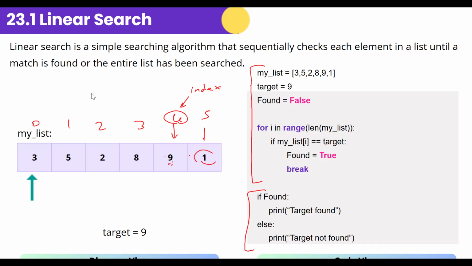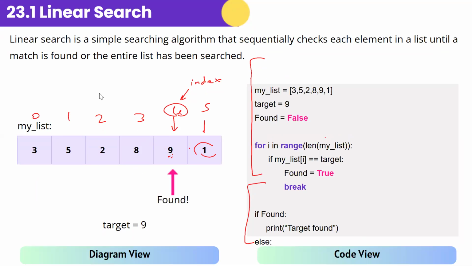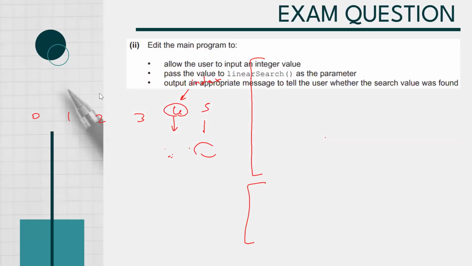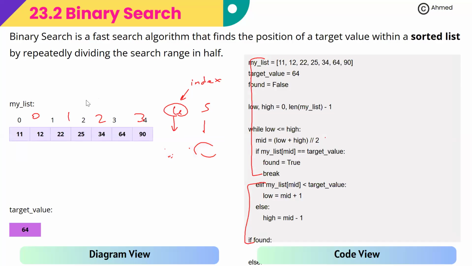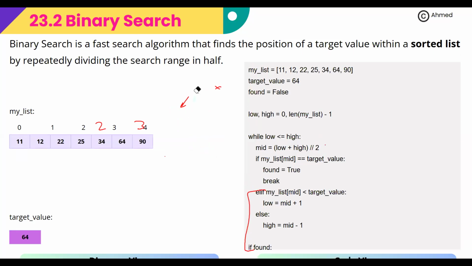So I would say, linear search, I think we already understand about it. So I will give you that as an exercise, which is the exam question. And then let's talk about binary search. Do you know what is a binary search? I do not. Okay, so a binary search is a bit tricky because the problem with a linear